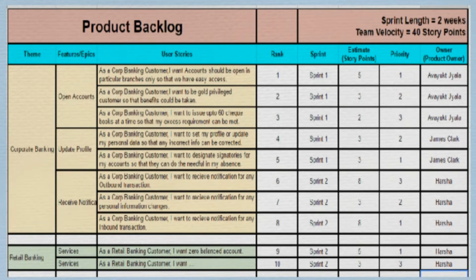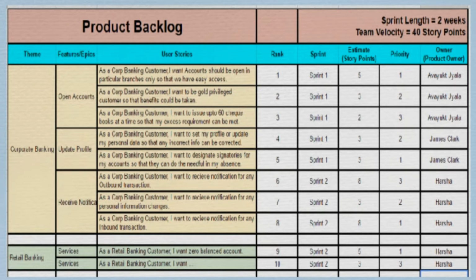We have themes, which are further broken down into features or epics, which are further broken down to user stories, and every user story is given a rank. Rank is nothing but an order sequence of how the customer wants them, like 1, 2, 3, 4, 5, 6, 7, 8, likewise.